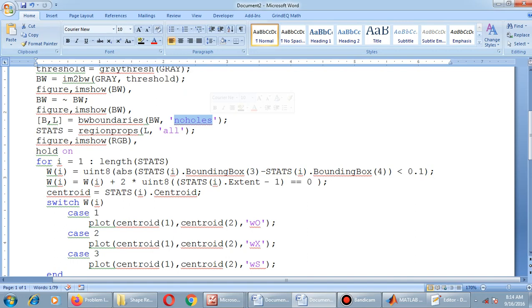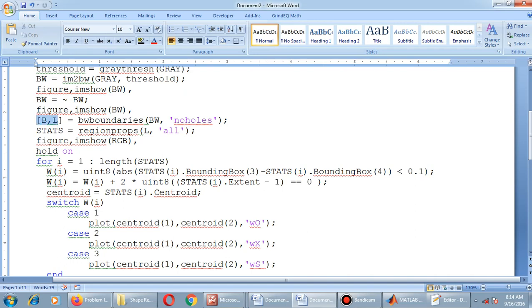That boundary will also be identified by bwboundaries. We do not want that, we want only the outer boundary, the outer shapes. So if we give noholes as an argument to bwboundaries, it will reject all those inner circles or inner shapes.